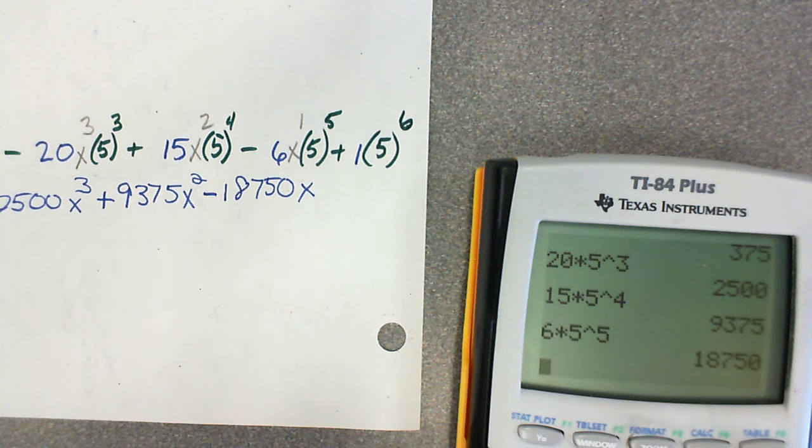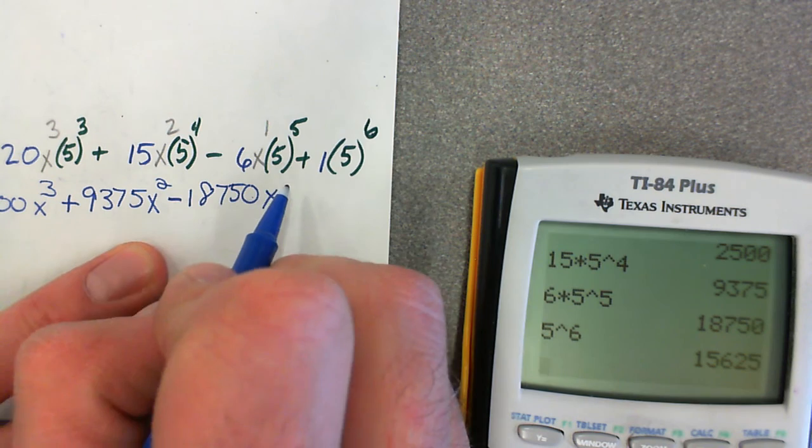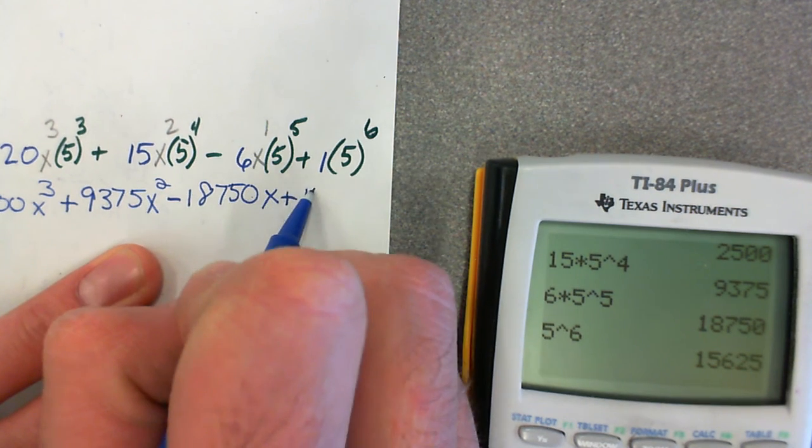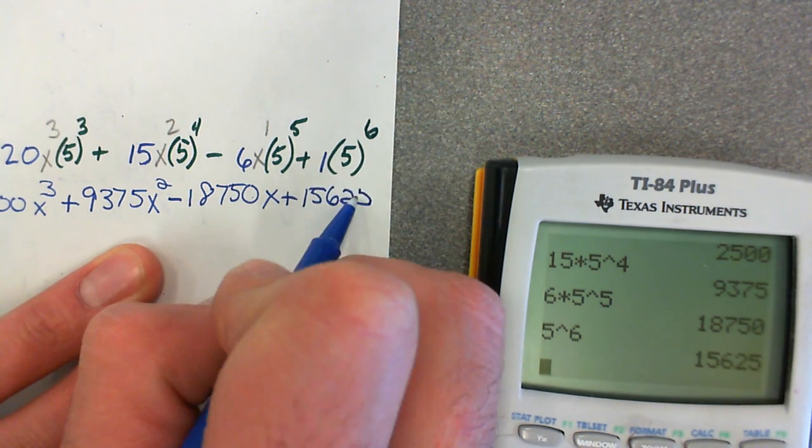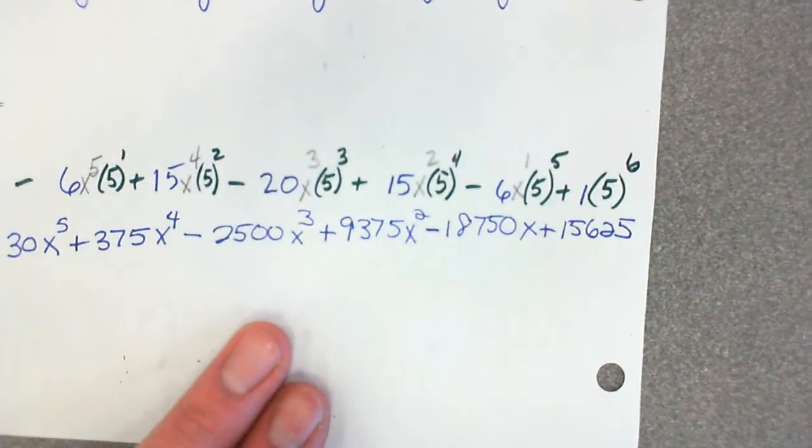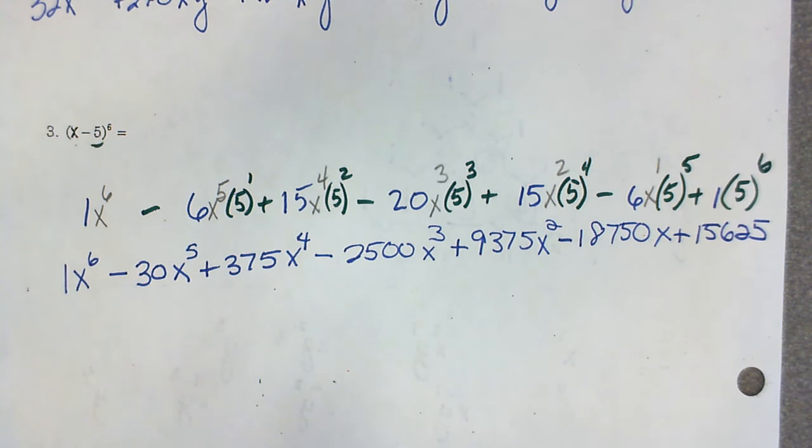And then your last term is just 5 to the power of 6, which is positive 15,625. Okay? So it's a very long answer, but not much work. Okay? So that's multiplying out binomials using both Pascal's triangle and the binomial